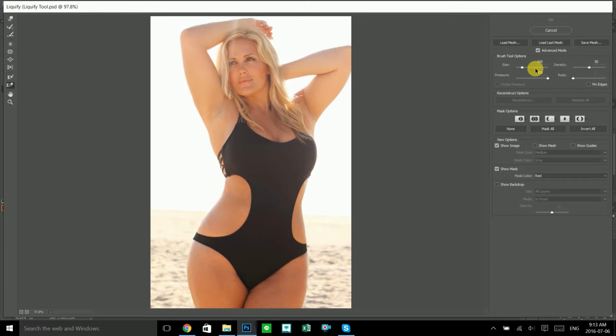Let's take a look at the first option, Forward Warp Tool. I'm going to show you what it does. If you brush your tablet pen or mouse to the right side, then you can see all the contents are being pushed in the same direction. See, the more strokes that you do to the right side, the more distorted it will be to the right side. If you brush it back to the left, then it will go to the left. So this function is very useful when it comes to